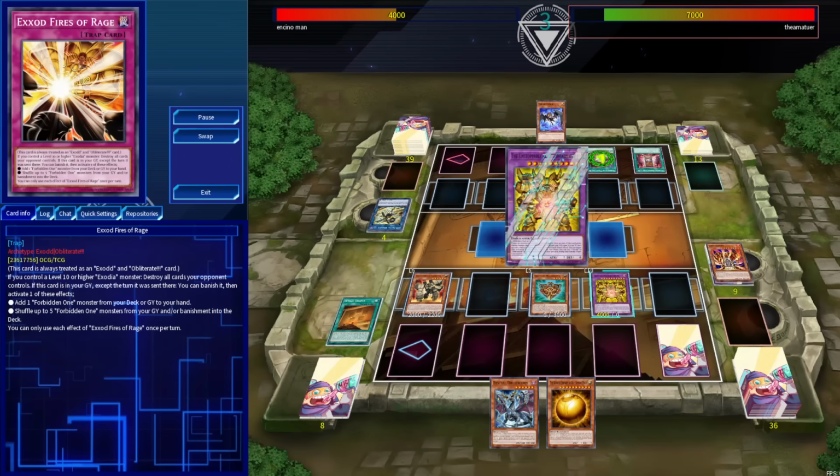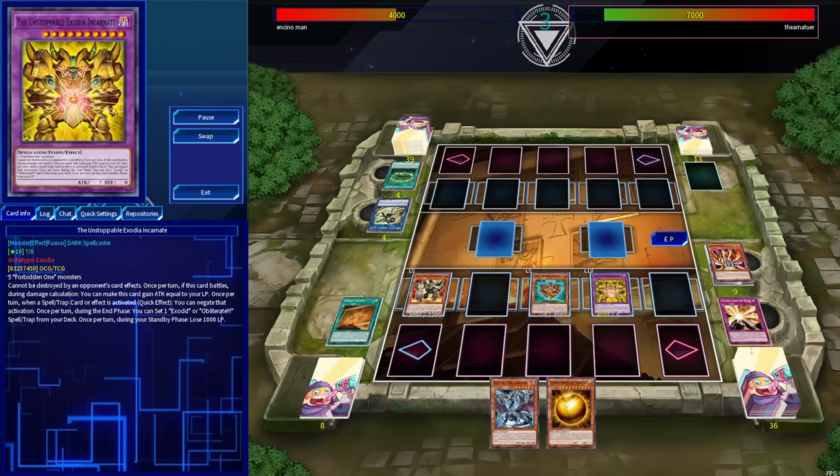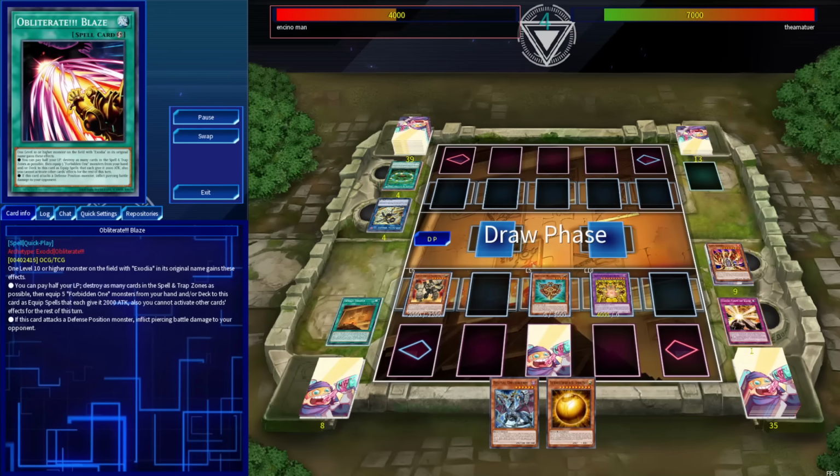They're going to lead with this copy of Tractus. We will negate it with the Unstoppable Exodia Incarnate, I believe. Then they'll normal summon a Lurry, at which point we can Exod Fires of Rage to wipe the board, prompting a pass. We will go ahead and set this copy of Obliterate Blaze, draw for turn, and this should be